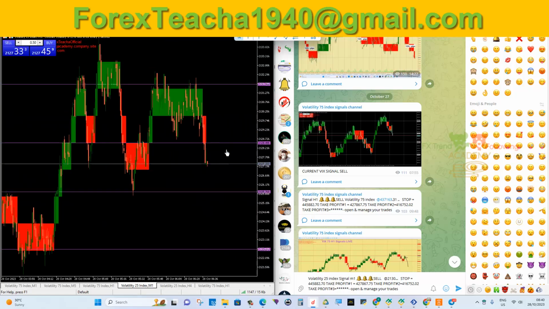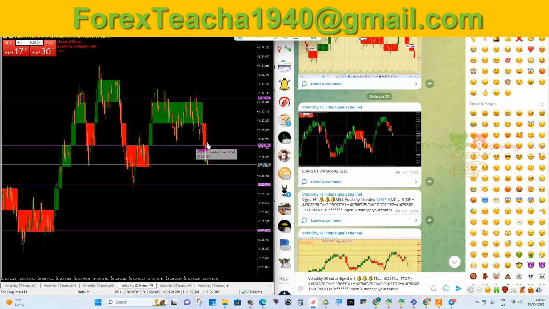So at least you guys have seen how the signals are generated. This is very easy. You could have placed your sell right there. It also gives you a sound and pop-up notification. So I won't be able to send the signal because it has already moved, but this is how the signal is generated. So my take profit is supposed to be down here, the first one. You can see it's already halfway to take profit number 1,